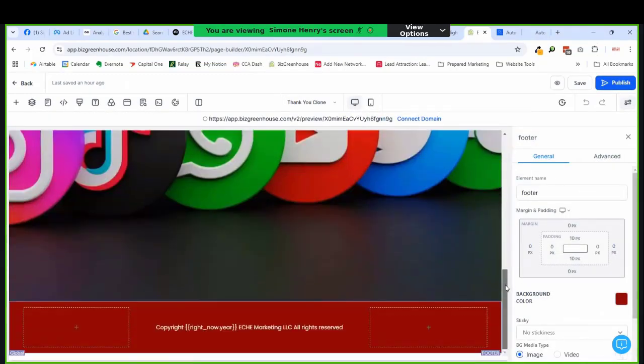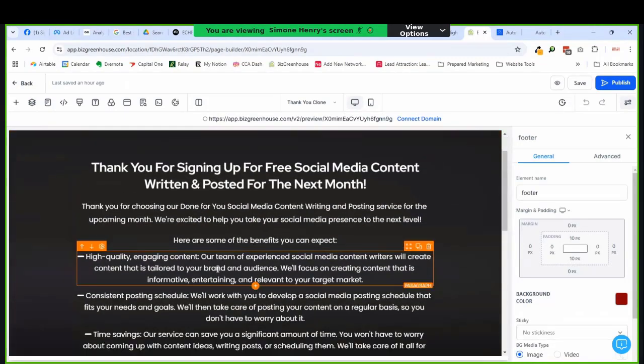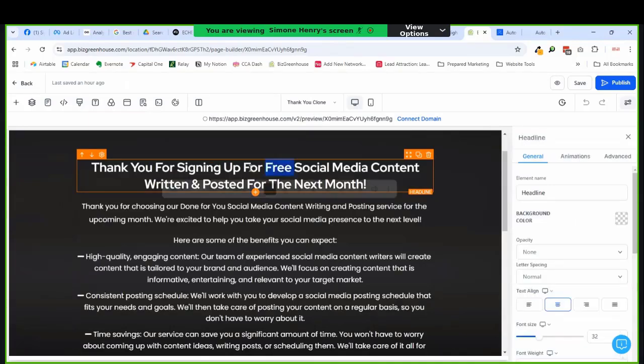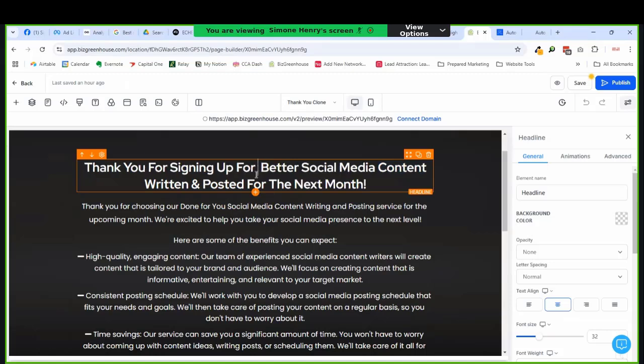And come back and add some other stuff later if I think it needs it. But for right now, all right. So the next page on here is a thank you page. And what does the thank you page look like? Which is fine. Thank you for signing up for